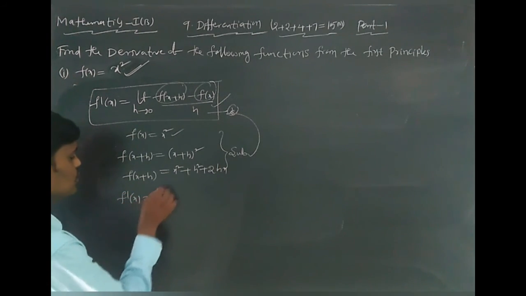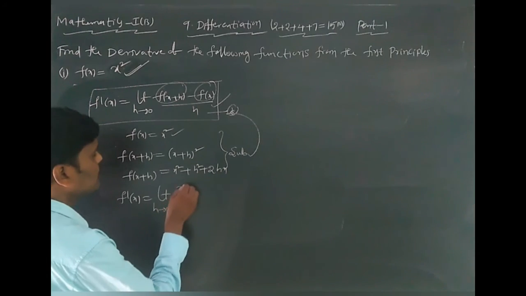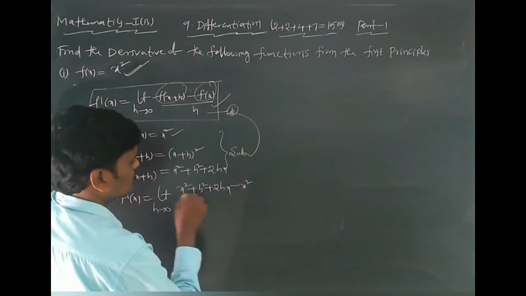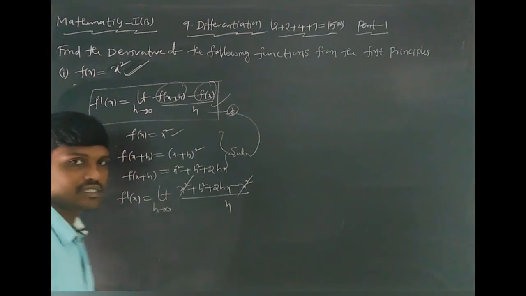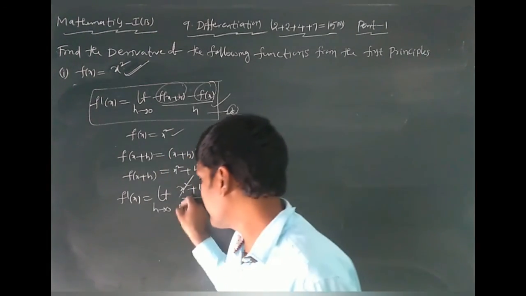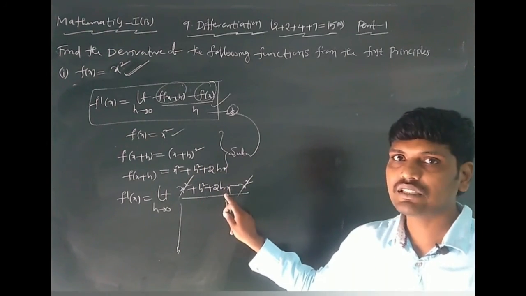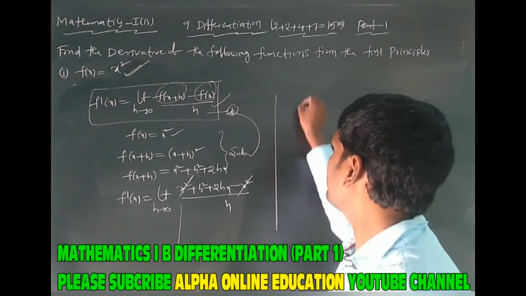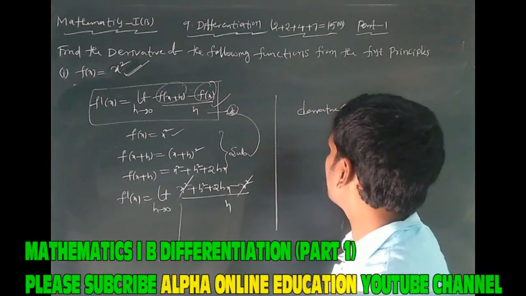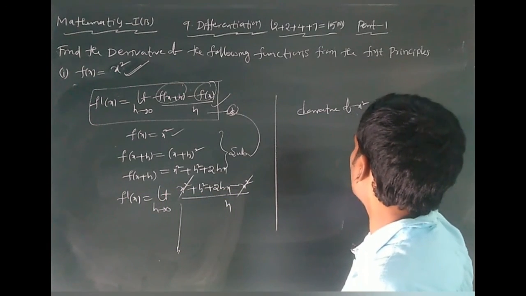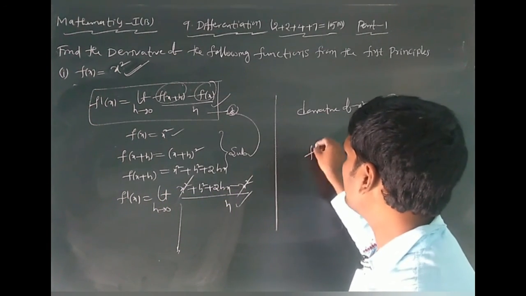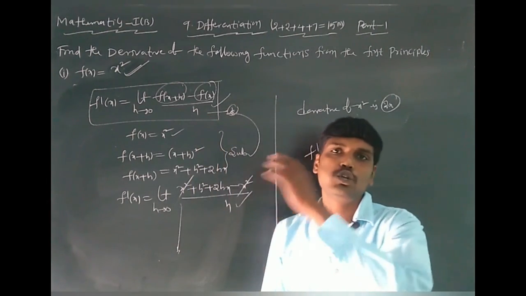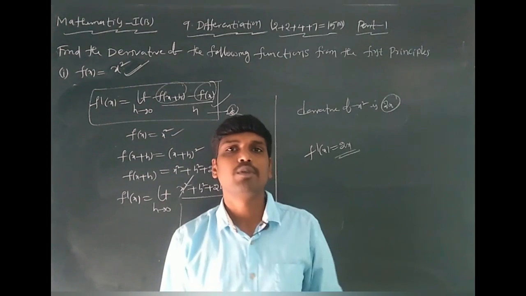You get f dash x equal to limit h tends to 0, x square plus h square plus 2hx, this value minus x square, all over h. Here x square get cancelled. After that, simplify this one. Here in these 2 terms h is common. Here h get cancelled. After that, apply limit. This derivative of x square is 2x. This answer you get, f dash x value equal to 2x. That is the correct one. Here some hint is given. You can use this hint to simplify the problem totally.